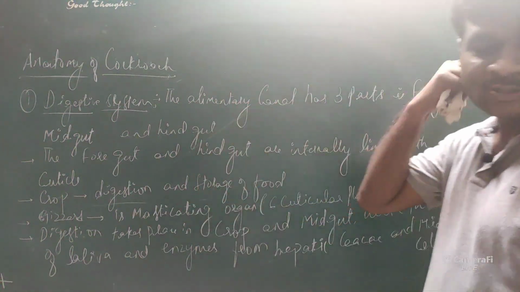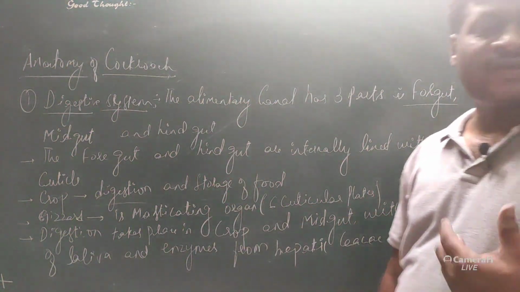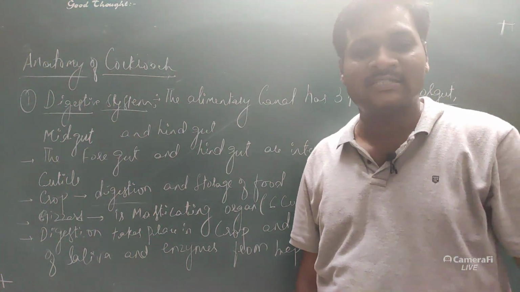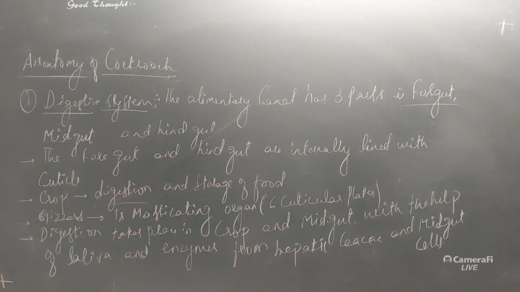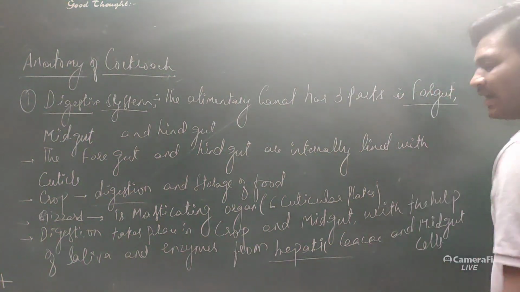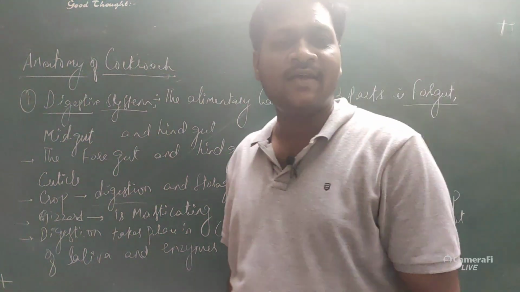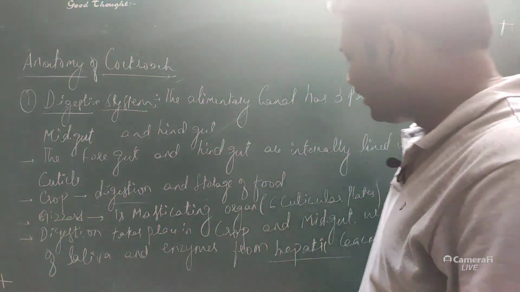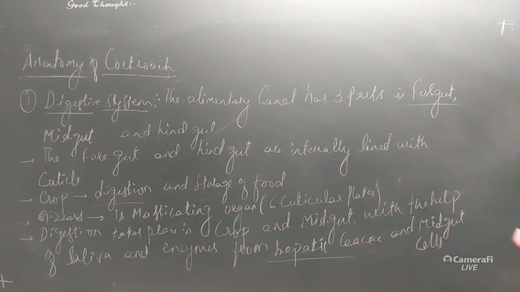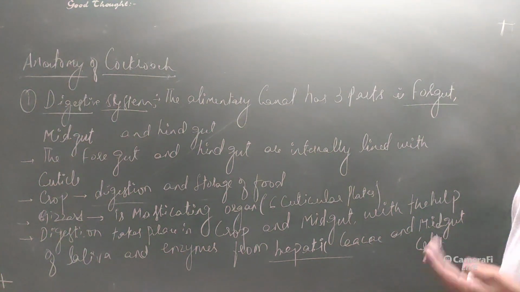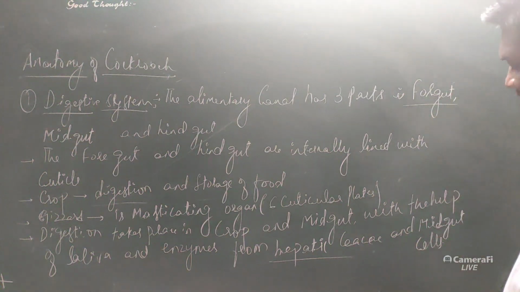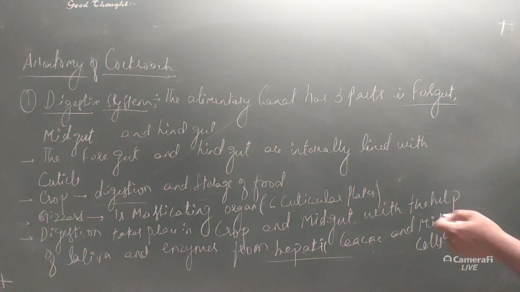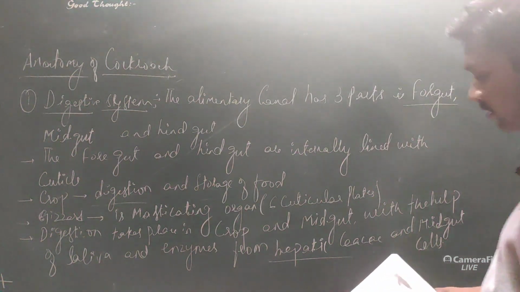The saliva is responsible for digestion of various food substances, generally carbohydrates, as the saliva contains amylase, and there are enzymes from the hepatic caeca. Hepatic means the structure resembles the liver. It secretes certain enzymes which are helpful in digestion of the food material. Whatever food they eat will be digested with the help of the enzymes secreted by the midgut cells and the hepatic caeca, as well as the saliva. So this is about the digestion.